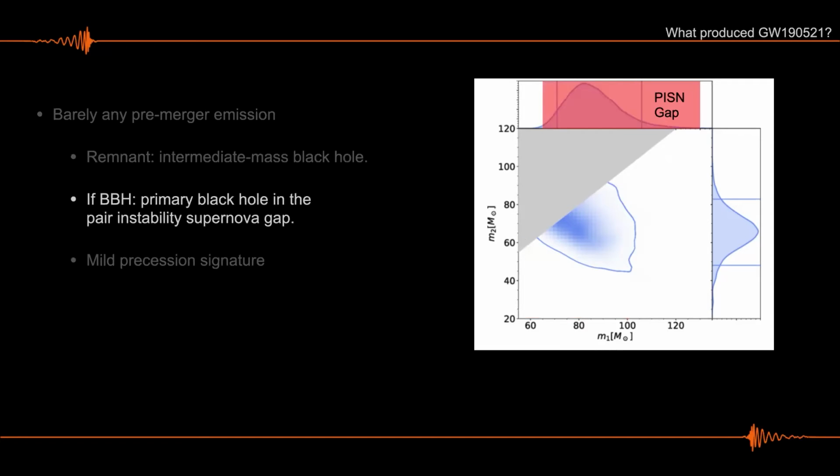And then, as I said, the primary, no, I didn't say it, but you may have guessed it. The primary black hole is sitting perfectly in what we call the pair-instability supernova gap. So it should not have formed through stellar collapse. So this is basically telling you that either, as I would like to think, this is not a black hole at all, or this has been formed through hierarchical formation channels.